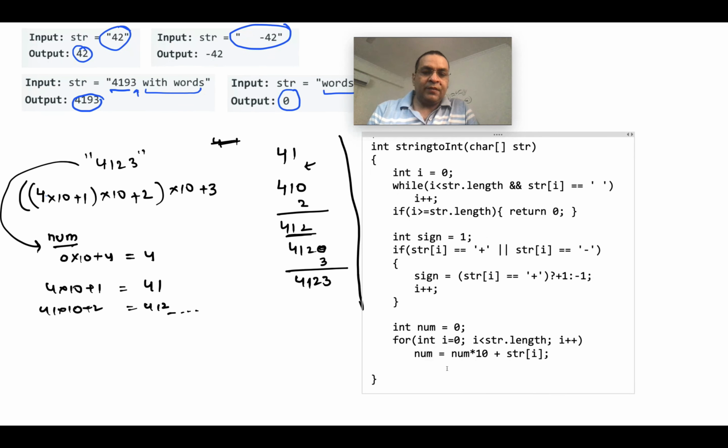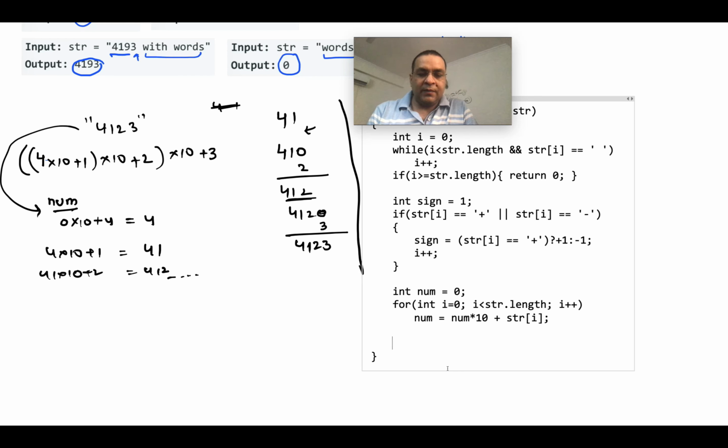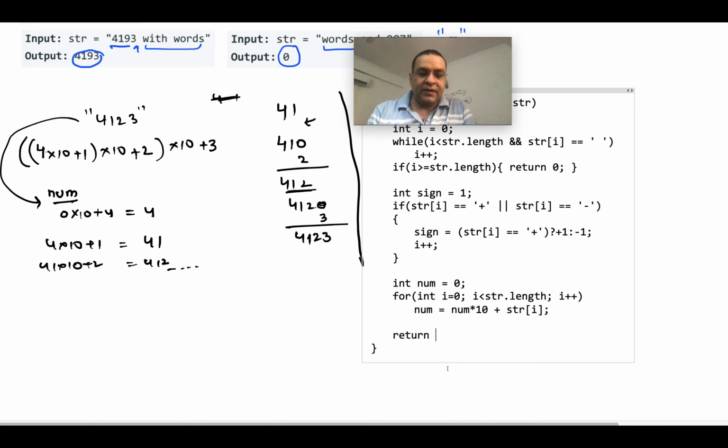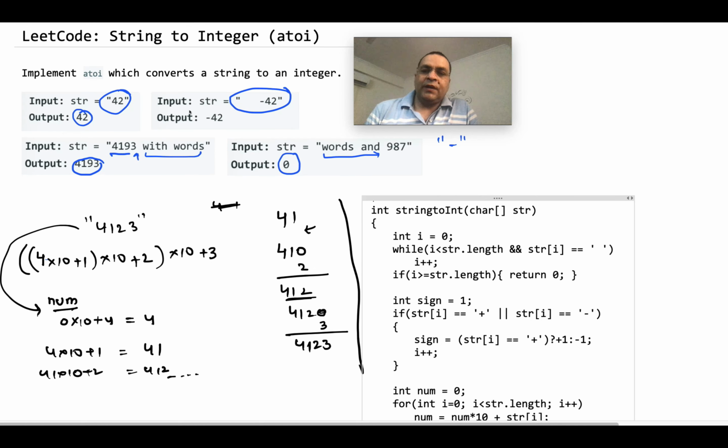At the end, when we return, we will multiply the number with the sign. In both cases, we'll be doing i++ because now we have considered the sign, so we can just move forward. So we have considered the initial white spaces and we have considered the sign.